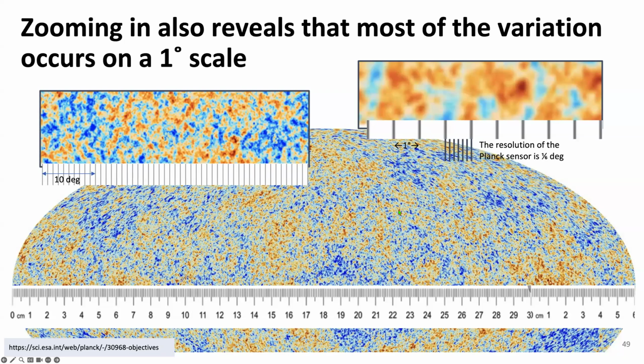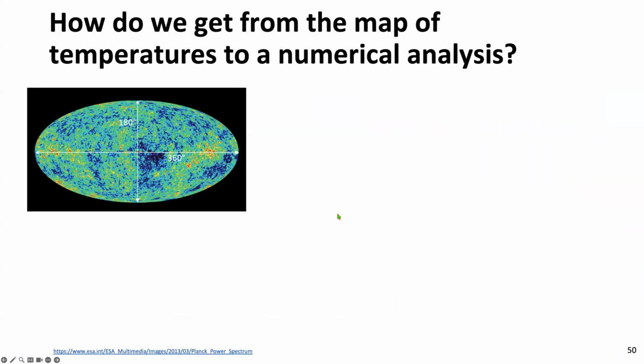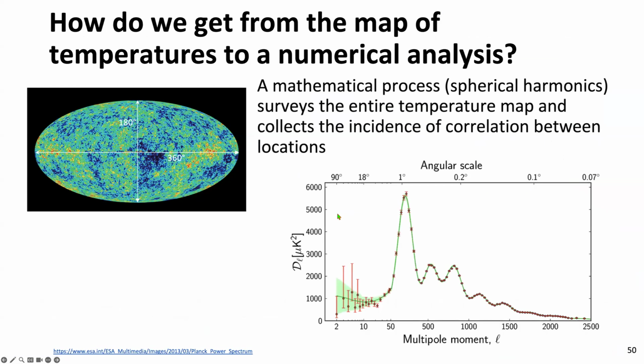But there's an even better way to identify what is the actual spatial scale of the temperature variations we're seeing. And I'll show you that in a second. And here it is. Once again, this is how you would map this if you were out in space by yourself with a microwave camera. You would look up and down and spin around, and you could build this map of all the light around you. But if we process this with a mathematical technique, we get this characterization of all the data in this